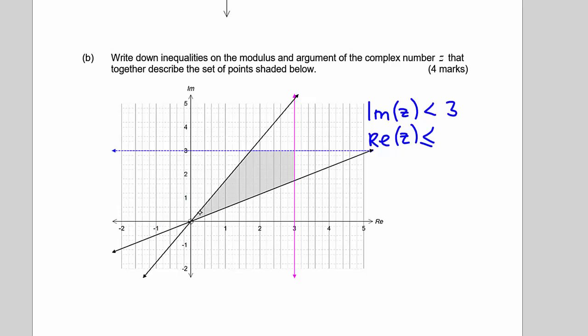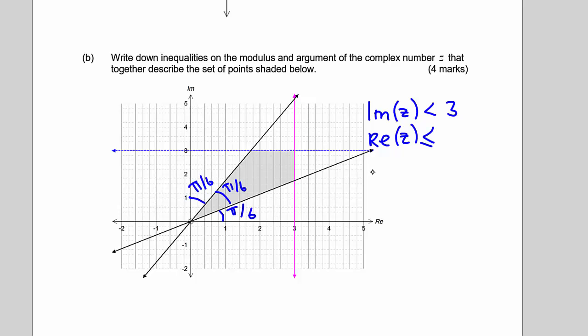The argument with these two, even though the axis doesn't look quite right, it's actually pi on 6. Each one of them it's split equally into 30, 30, and 30. So that's also pi on 6. And that's also pi on 6. And pi on 6, pi on 6, and pi on 6, as you know, adds up to pi on 2,